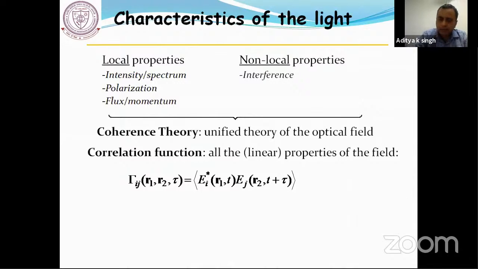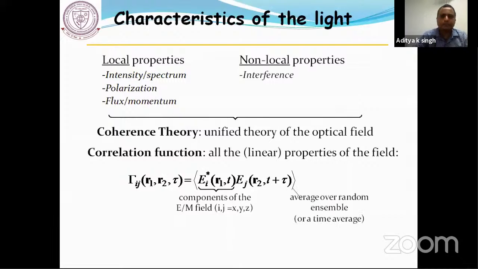If I consider the scalar case, then I can assume that all elements of the coherence matrix are the same. When I deal with the scalar case, I will consider this kind of model and demonstrate some of our experimental results. If anybody is interested in the role of polarization on the interference fringe visibility or the higher order correlation, I will share details of our publications, and you can go through them.